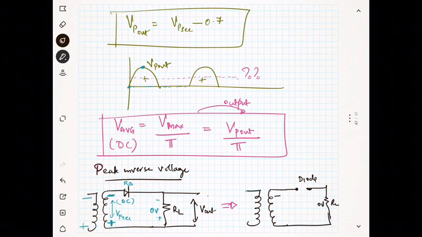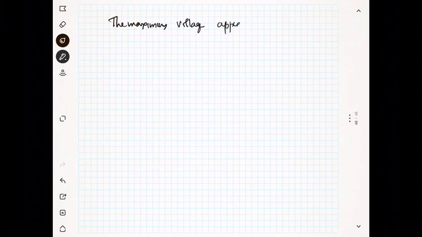So whatever you are applying here, the maximum voltage Vp secondary, all of this will appear across the diode, and this voltage will be nothing but Vp secondary. So this is the maximum voltage appearing across the diode